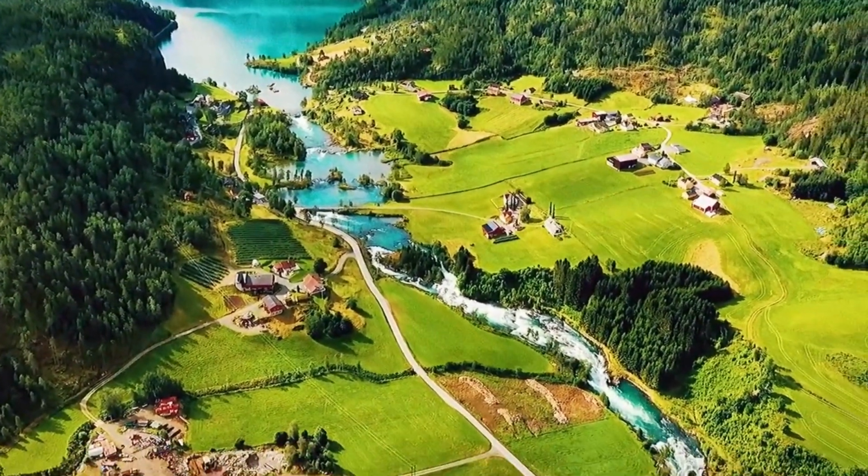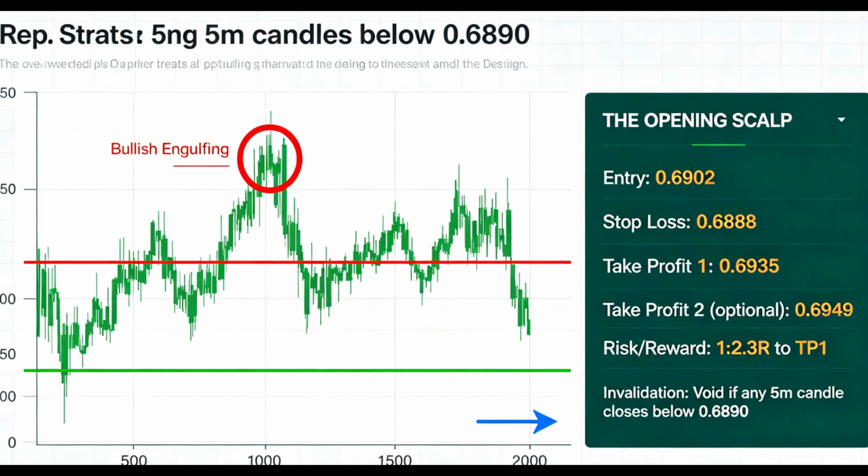We are playing a simple bounce off the 200-day moving average confluence zone. Right now, price is 0.6910, just above the zone. The setup triggers if price taps the 0.6896 to 0.6894 area and prints a bullish engulfing candle on the 5-minute chart. That's our signal, a sweep of the MA200 S2, followed by an immediate rejection candle closing back above 0.6900. Entry is at the close of that 5M candle, right around 0.6902. Stop loss goes 5 pips below the wick, but no lower than 0.6888.